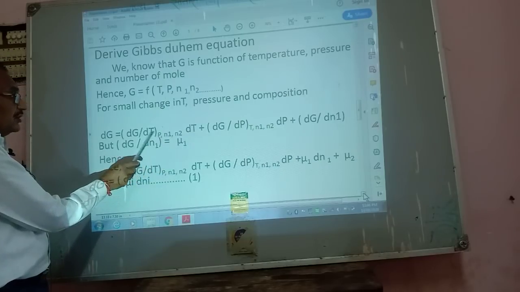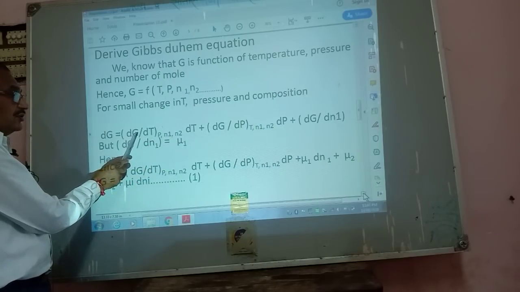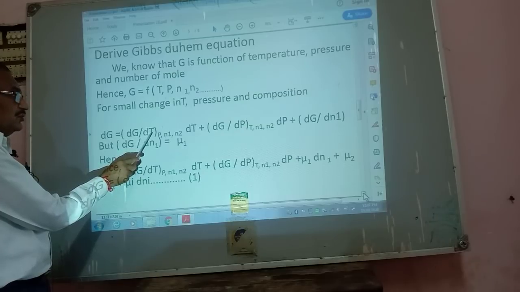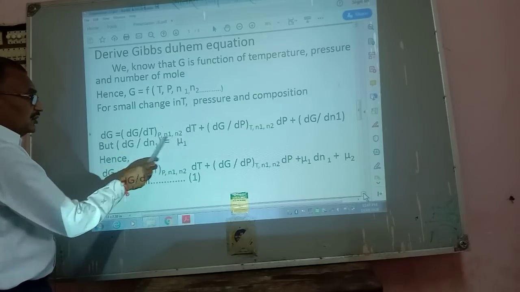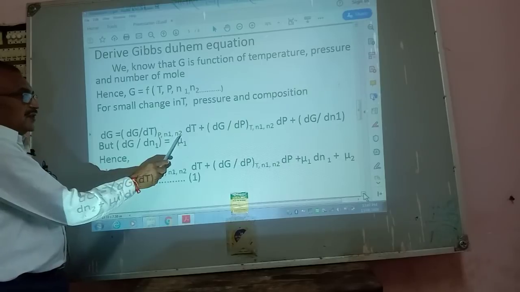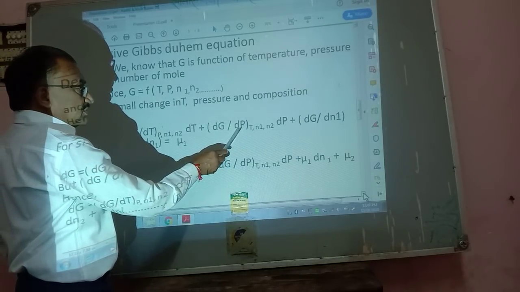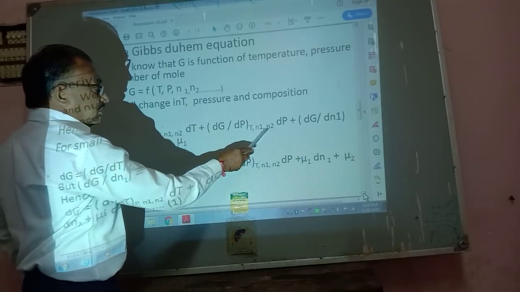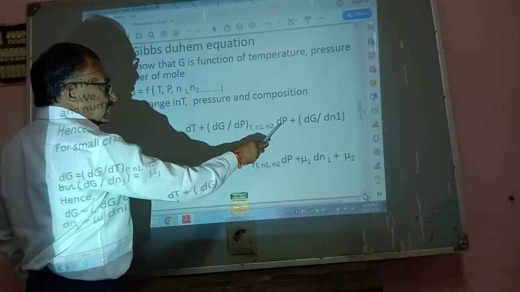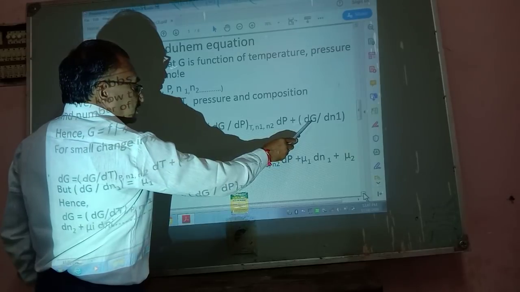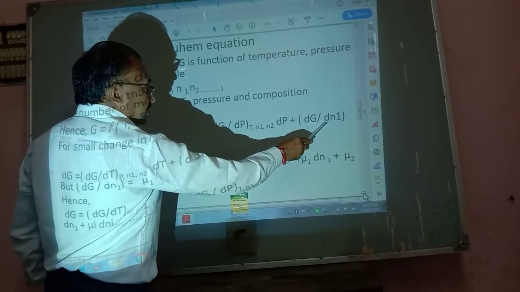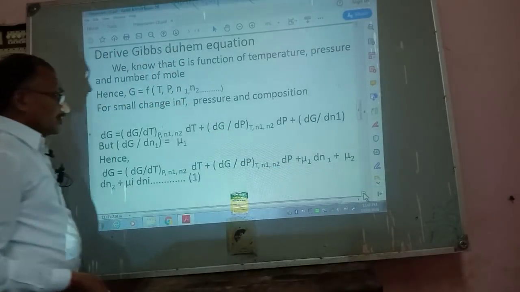Here this is the change in free energy with respect to temperature. All other factors remain constant. Here this is the change in free energy with respect to pressure at constant temperature and number of moles of various components, into dP, plus